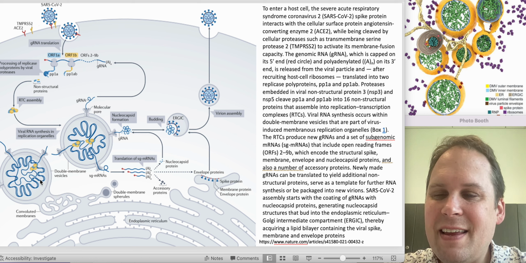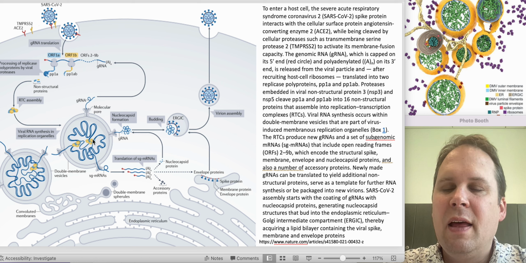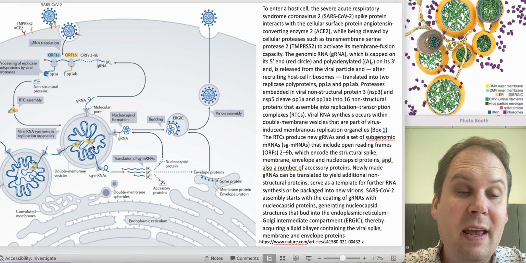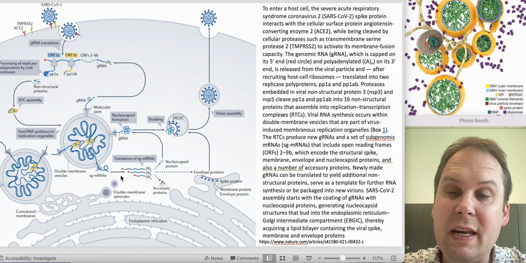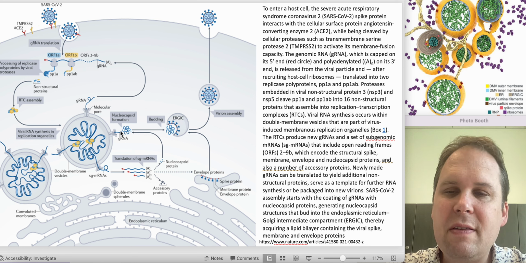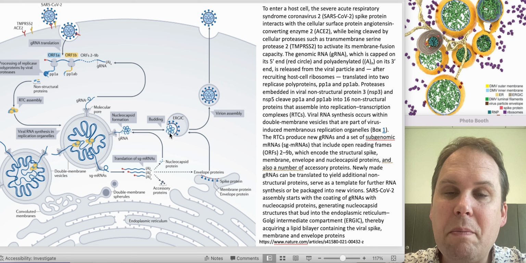And once it does that, it's going to create these little replication organelles or replication factories. Those mean the same thing. Inside the replication factories, we're going to bring in nucleotides, and our genomic RNA is going to come in, and then it's going to be copied inside, and then new copies of the genome and new copies of the subgenomic messenger RNAs are going to come out. The messenger RNAs will be translated. They'll make lots of virus proteins. Some of the genome will be translated. That'll make more DMVs. And the rest of the genome will be packaged up and it will bud.